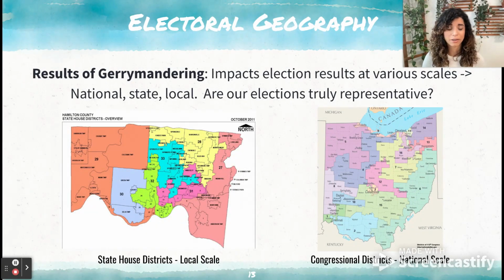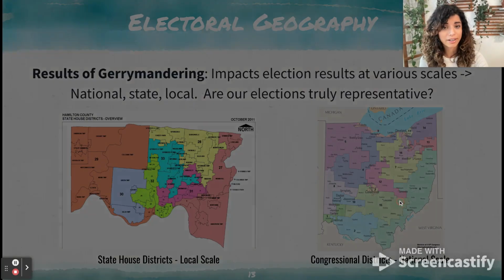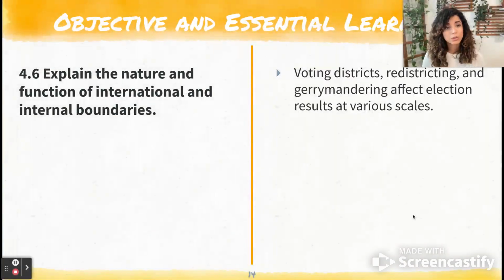The results of gerrymandering are that election results at various scales will be impacted. National, state, and local are all impacted. And it makes you wonder whether elections are truly representative, and if that voting system is working and is actually democratic. So those were some of the main ideas for this unit, and let's